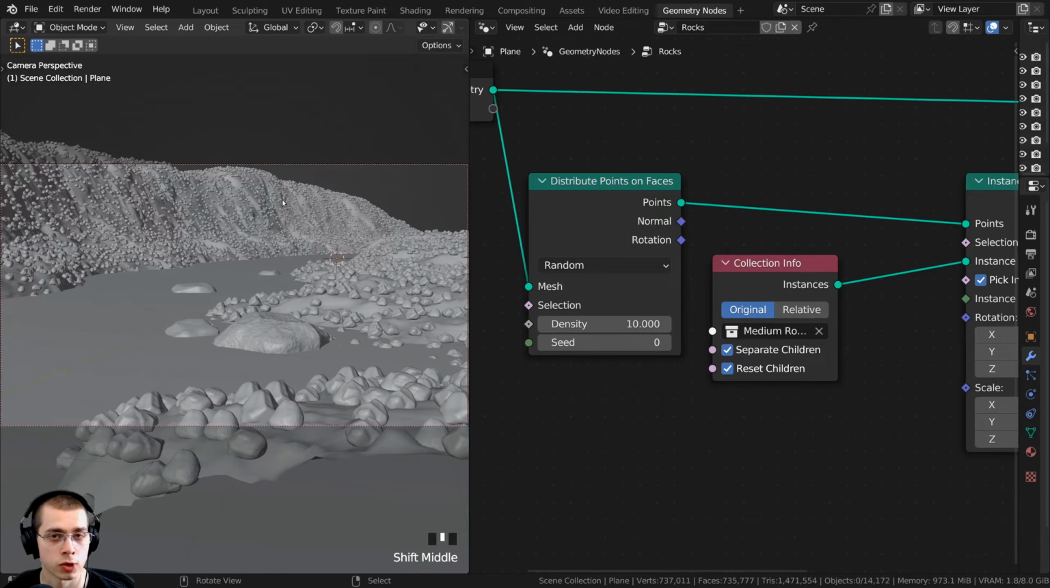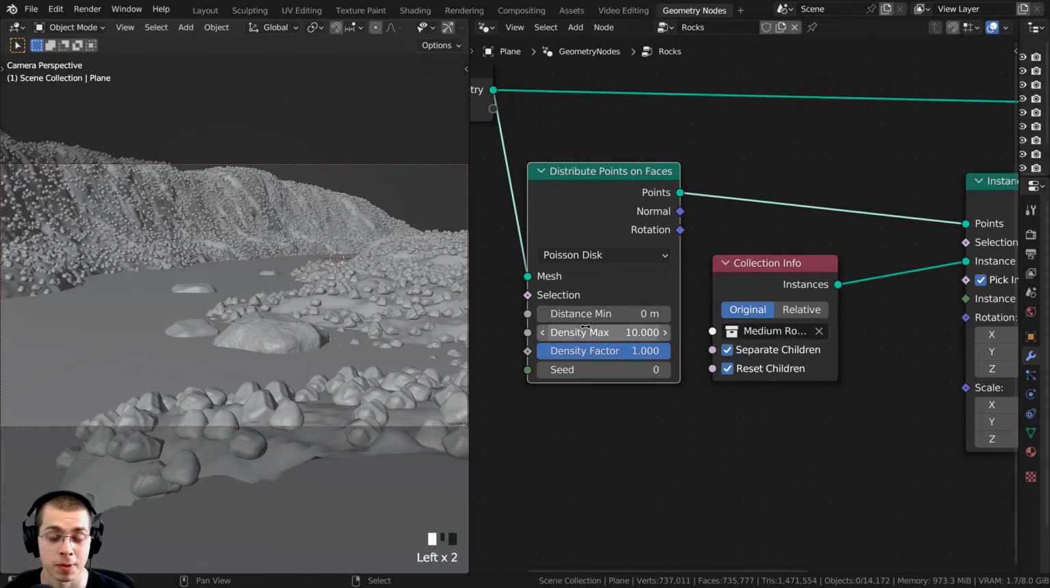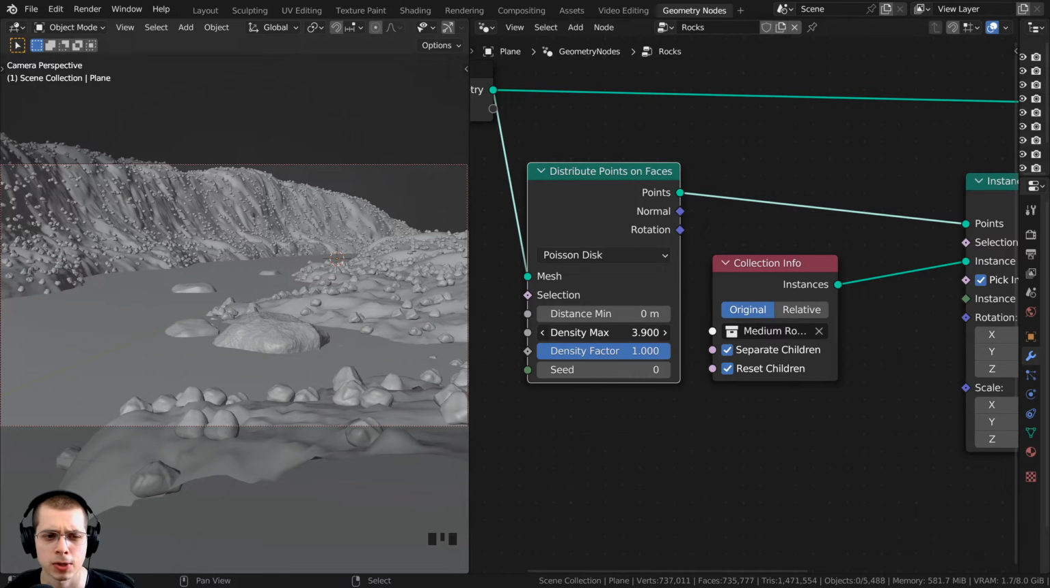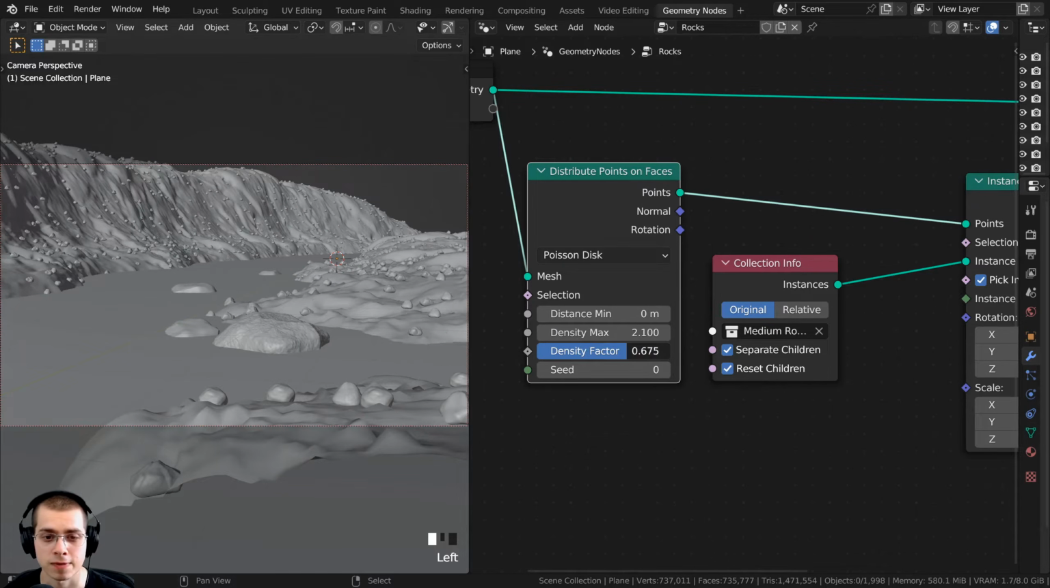Now I want to have more control over how many rocks there are. So if I click on the random, I want to change this to the Poisson disk. The Poisson disk will give us the density max, and that's how many rocks there are. So I can turn down the density max. There's also this factor here, so if you just want to turn down all the rocks or turn them up,